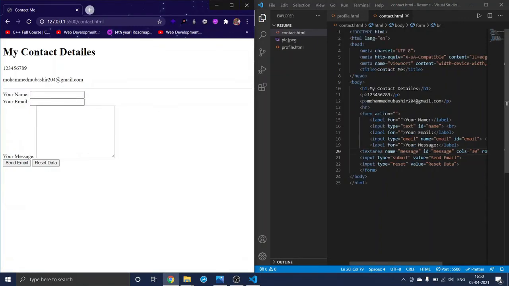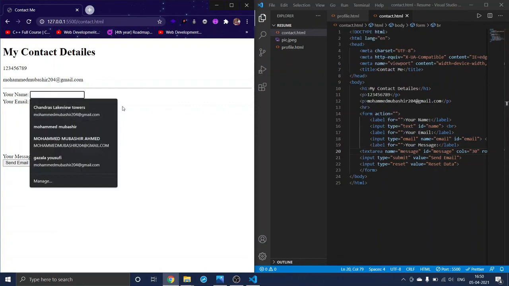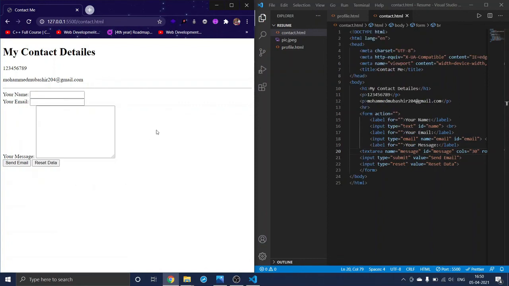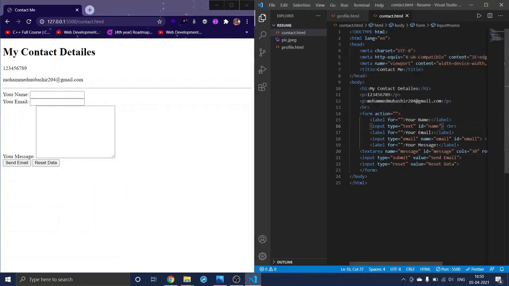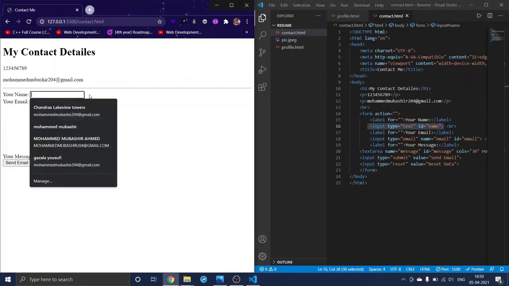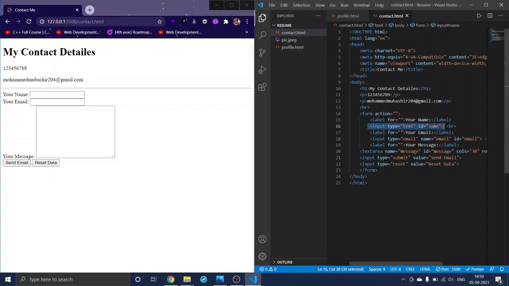So why I use label here is, for example, when you click on this you can type here, when you click on this you can type here. But what happens with for is, you gave an id for this input element, right? This input is nothing but this input. So you gave an id here, so we can access an element with the help of id. So this id I will give here for name.